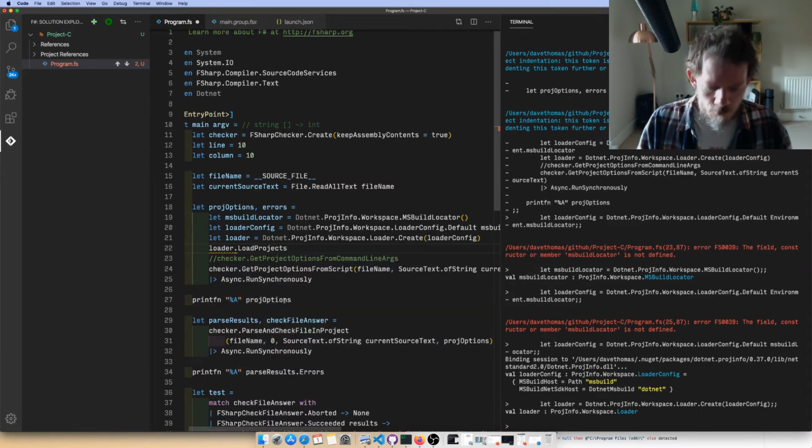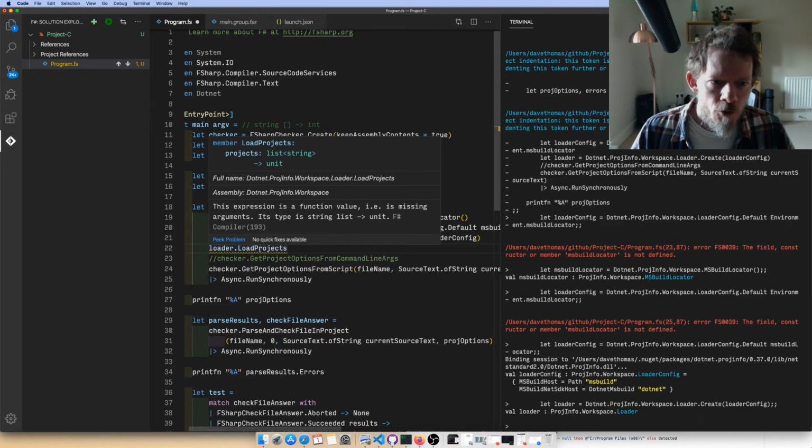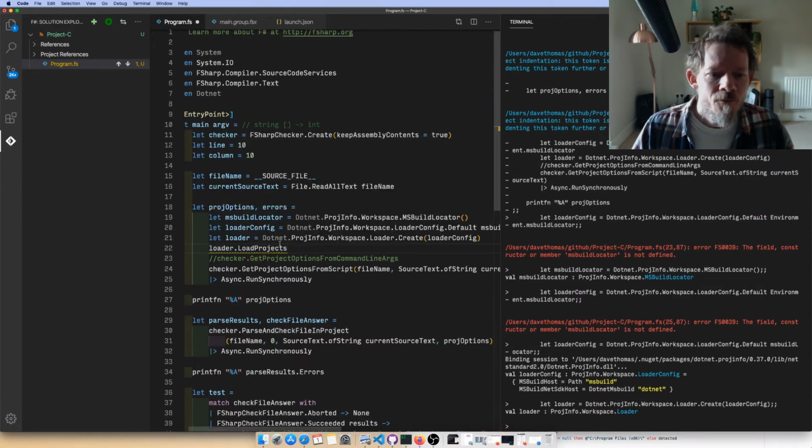Load projects. This could be onto something here. So load projects takes a list of projects and returns nothing. So it takes a list of projects, so we'll give it